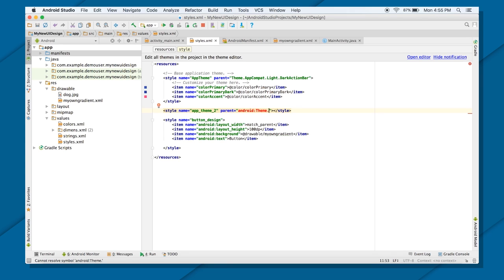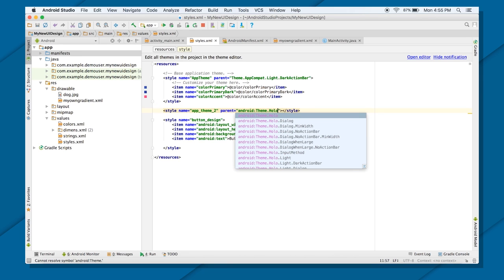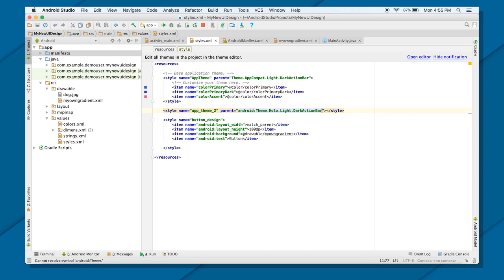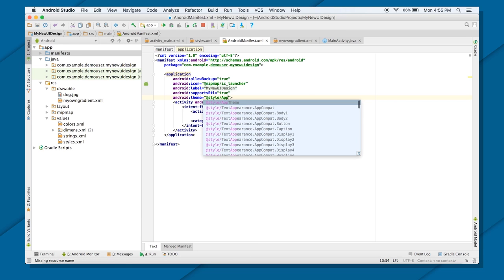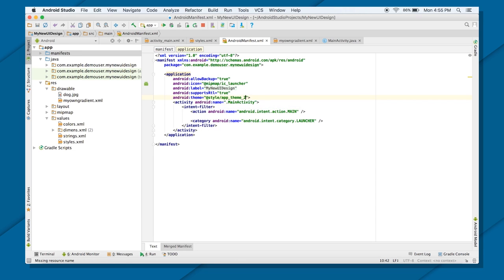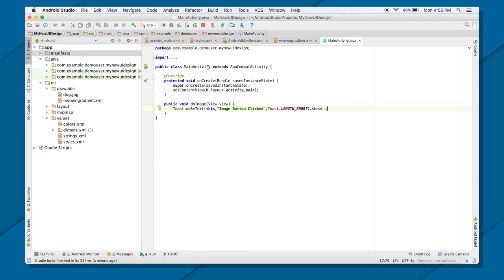So instead of material, I will use holo. It will come in further sessions. Theme.Holo.Light.DarkActionBar. Yeah, that's great. So let's say I want to use this theme instead of this theme. If I'm going to use this theme, that is Android:Theme.Holo.DarkActionBar, what I need to do is in the manifest file, instead of referring to app theme, I will be referring to app_theme2. And if I run this application right now, it will crash because this main activity